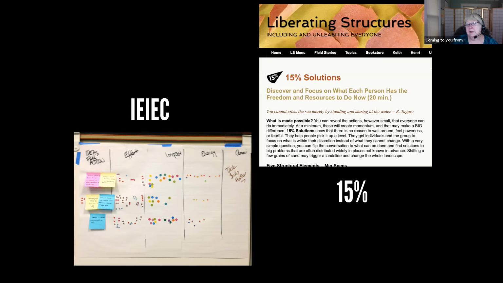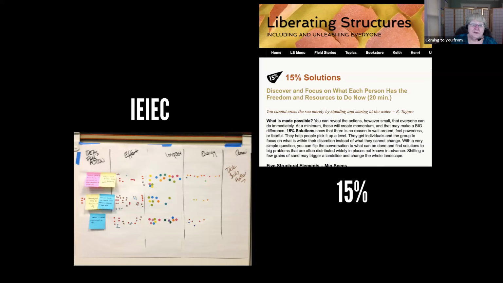So one of the things we did there was we got to a place where we could look at our decisions creating 15% solutions. We had done the data gathering, we had done generating the insights, and then we were moving into this decision, and we knew we couldn't boil the ocean. So what were the small actions that they could take that would help them with that? This 15%, I think we did a 20% solution or something with that group. But you can scale, you can do 10%, this is just for example.